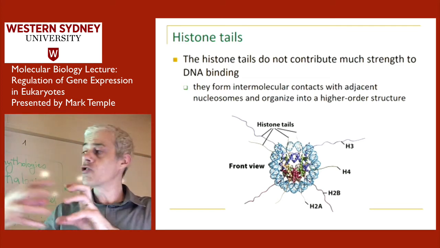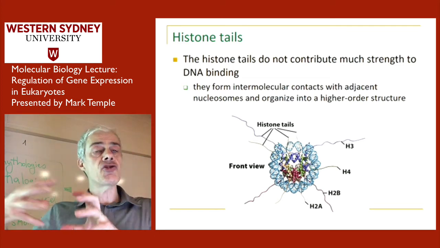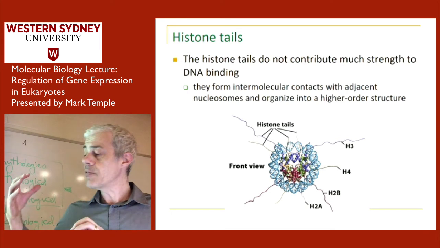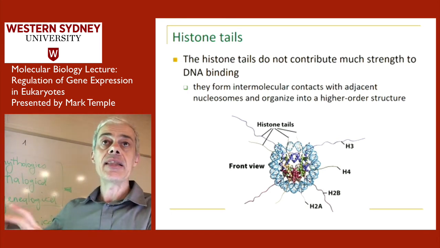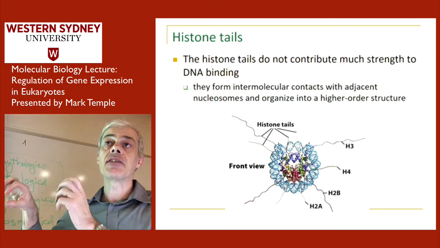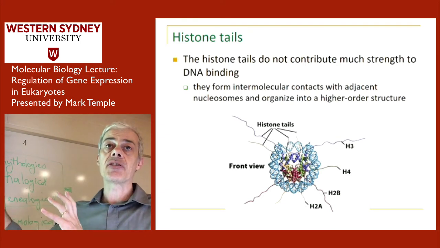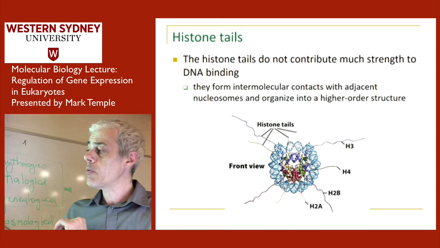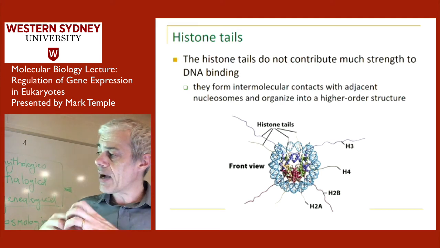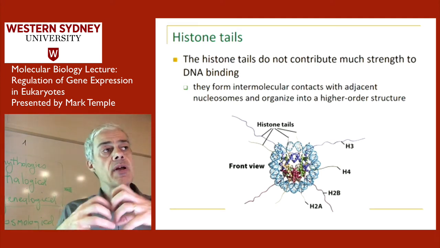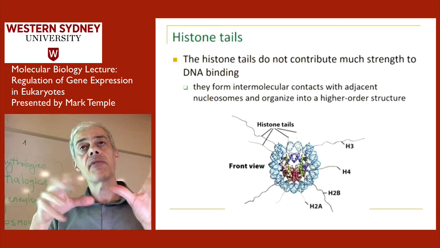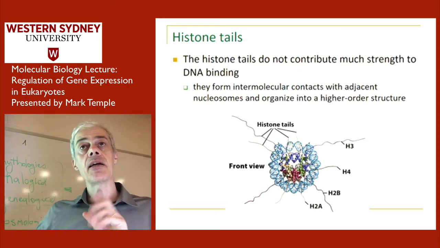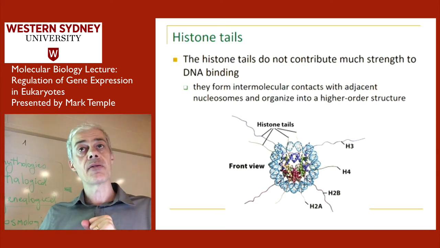So if they're in strong contact with each other, then it's very difficult for a polymerase to come along, get in there and bind to that DNA, and then start to activate gene expression. It's a difficult thing to do. But if you can somehow manipulate these nucleosomes so that they're more open and more accessible, then the polymerase and other factors have a chance of getting in there to turn on gene activation.